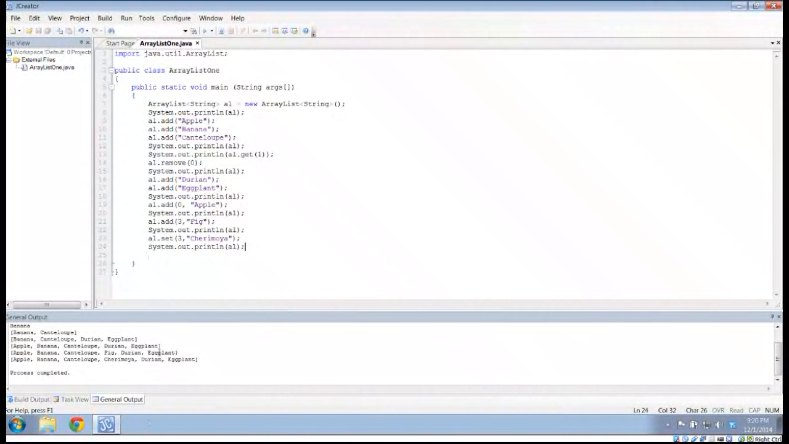I can put this in a loop. So I'm going to set up a loop. For int i gets 0, i is less than, and I want to figure out how long this array is. I'm not going to use length though, because length is an instance variable of the array, which is private. I need a public accessor, and the public accessor for an array list is size. And so I'm going to say i is less than al.size, i plus plus,